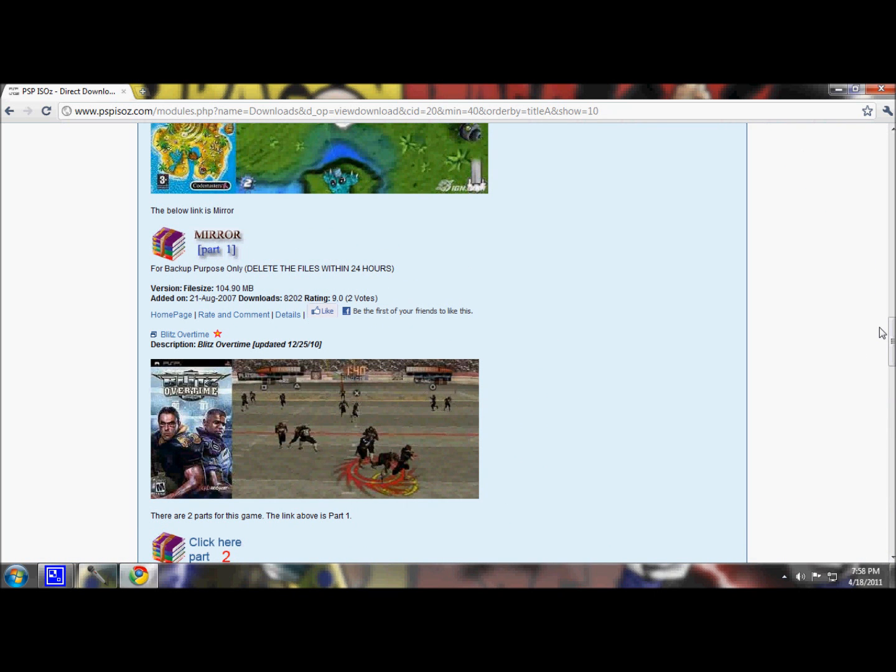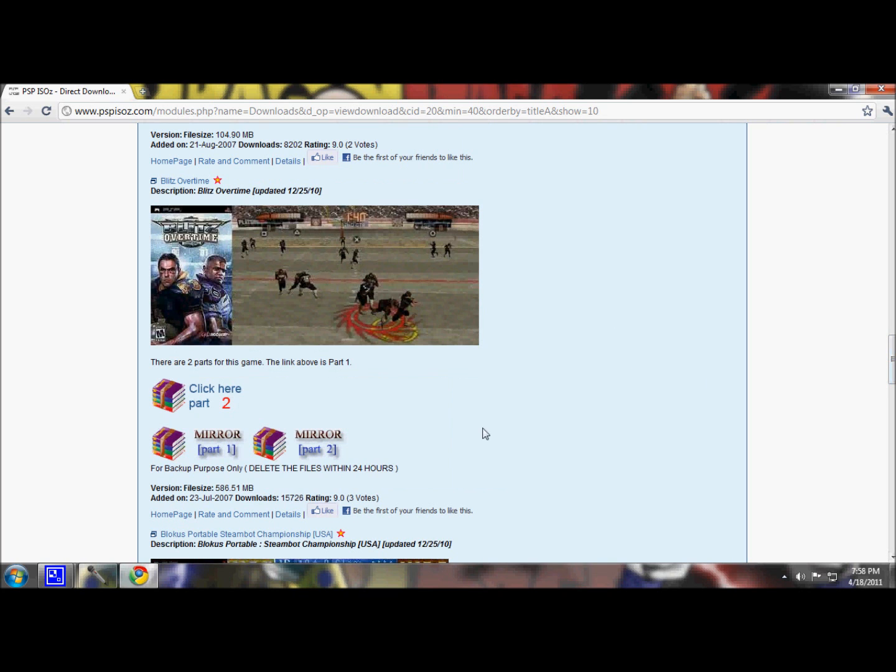So here's a little tip. We want to download the mirror in this, which when you click this, it'll basically give you the first file, the first part of the file. And why we want to do that and not just click this and this is because if you click both,